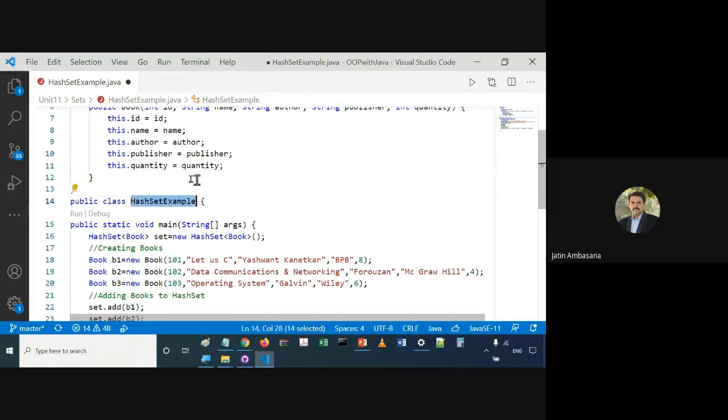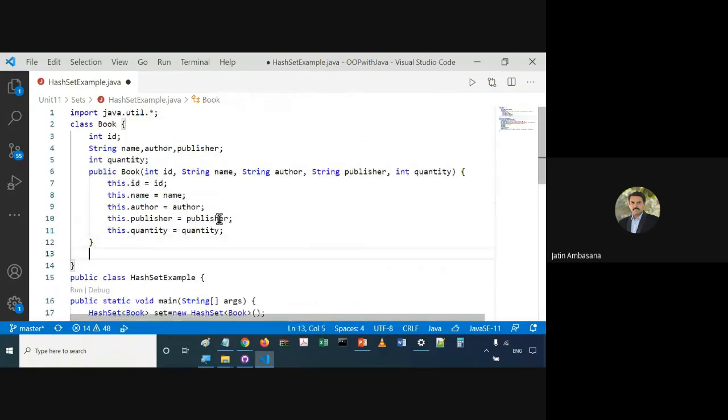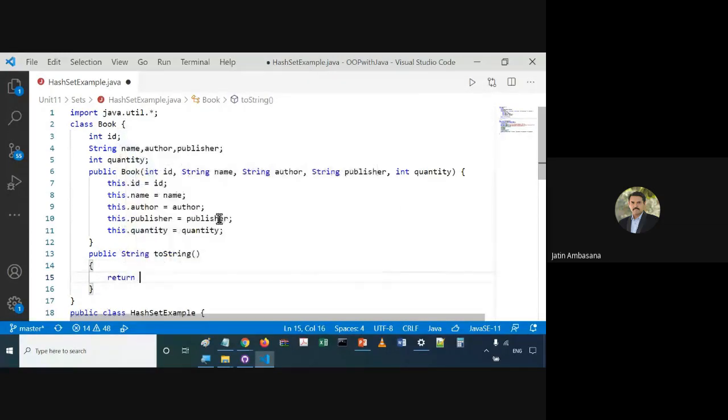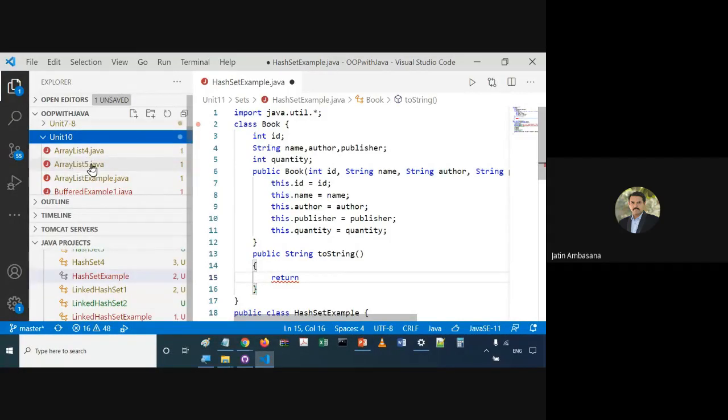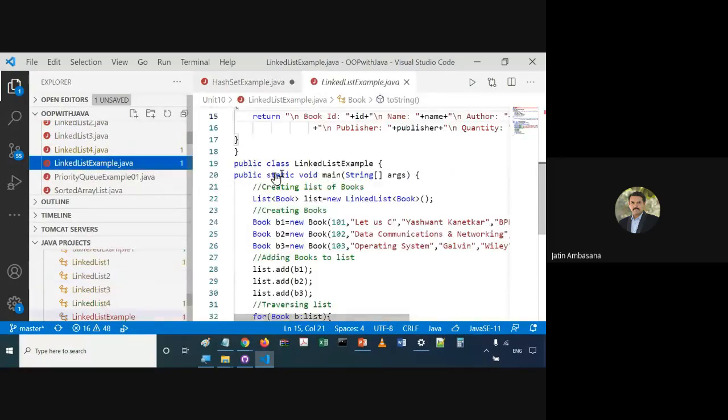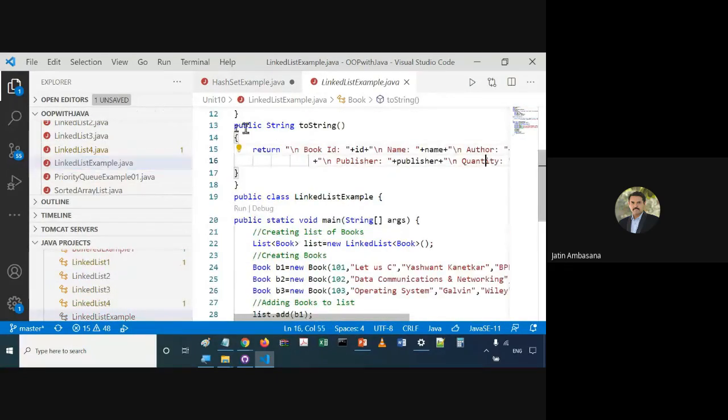And we can even implement a toString method over here. We have already added a Book class into the unit 10 part, right? Yep, here it is. So let's copy this toString method.